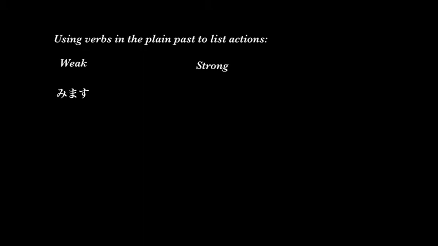In this lesson, we're going to look at how to list actions. To list actions, we have to first make sure our verbs are placed into the plain past. We want the plain past version of the verb to be able to list our actions. If we remember from the plain past video how to change the verbs,